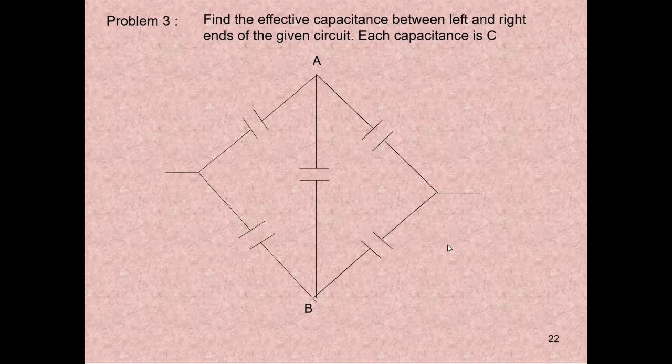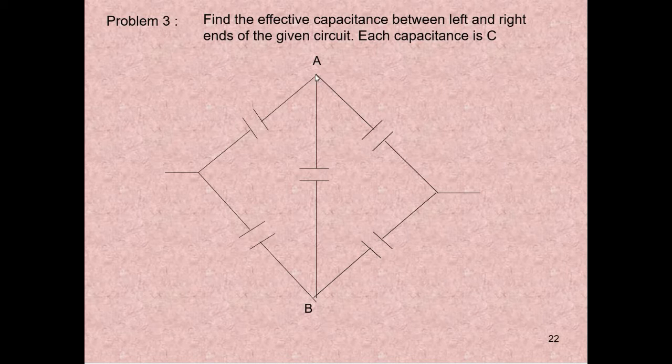But you'll have to use what is known as the concept of symmetry. That is on two grounds. One, values of the capacitances are the same, and the appearance is the same. Left and right, left and right. Suppose this capacitor is here, then there may not be any symmetry, because as you see it, there is symmetry. That means you might have seen there is a letter A, there is a letter B.